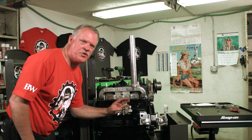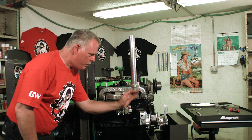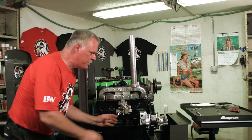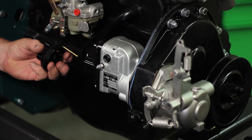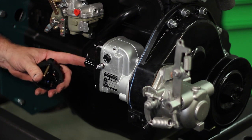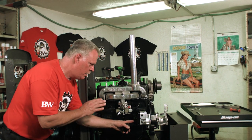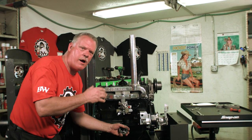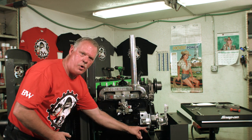I will step you guys into one other spot. If you're in the field, your magneto goes down and you don't have time to do all this, what you do is take your rotor cap off, take your magneto cap off, look to see the position that your rotor is facing in, okay? Mark it down on a piece of paper, whether it's 12 o'clock, 4 o'clock, whatever, write it down. Then you can go ahead and take the top bolt out and the bottom bolt out, pull the